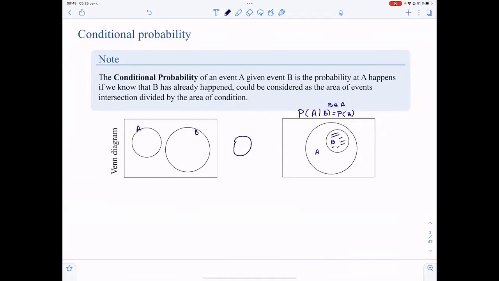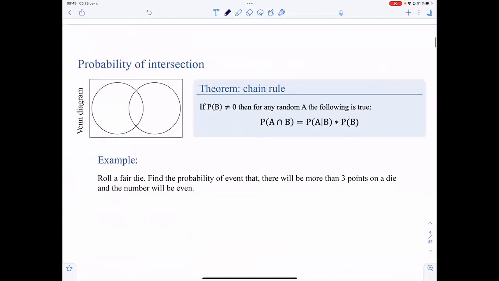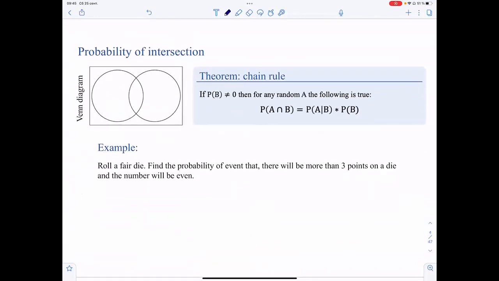When you have two events, they do intersect somewhere, and from capturing some information, we are going to increase the accuracy of our probability estimations. Here's a chain formula. Well, obviously, from the definition of the conditional probability,